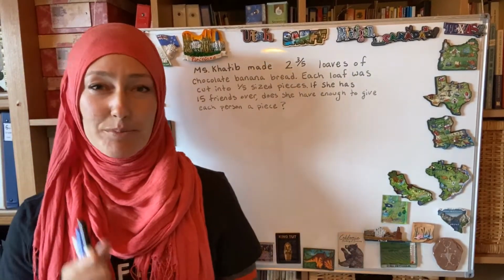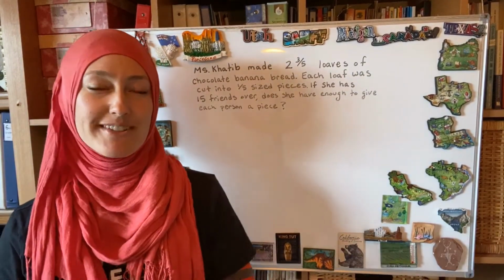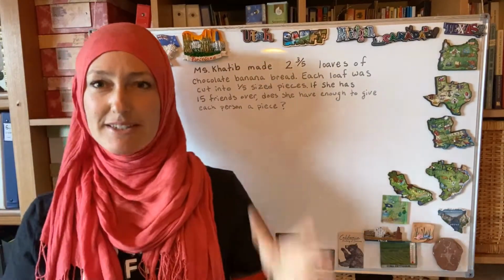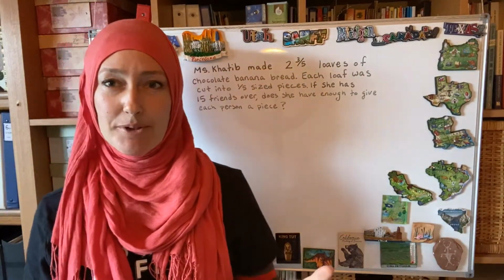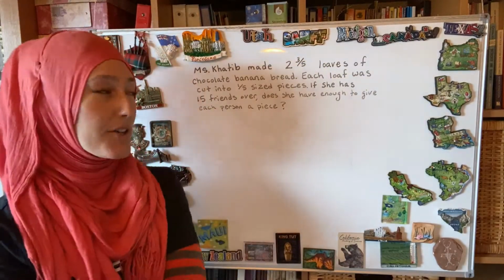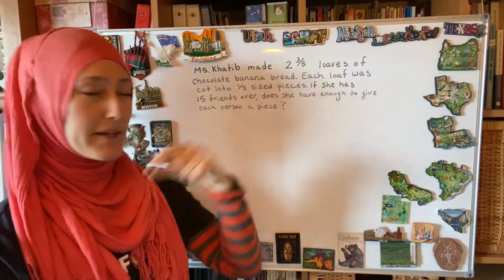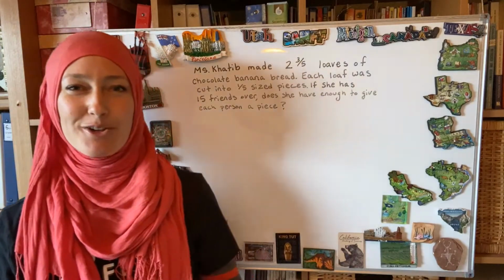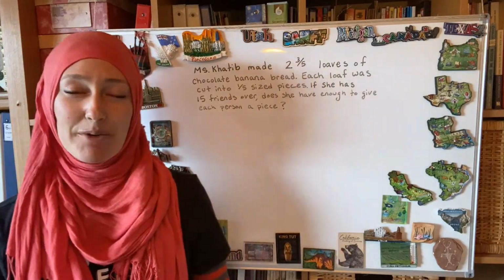This is lesson 7.6. It is renaming fractions and mixed numbers. So the big idea is, what do we do when we have a mixed number and we want to call it by its parts, or renaming it? So one example is that I made 2 3/5 loaves of chocolate banana bread,